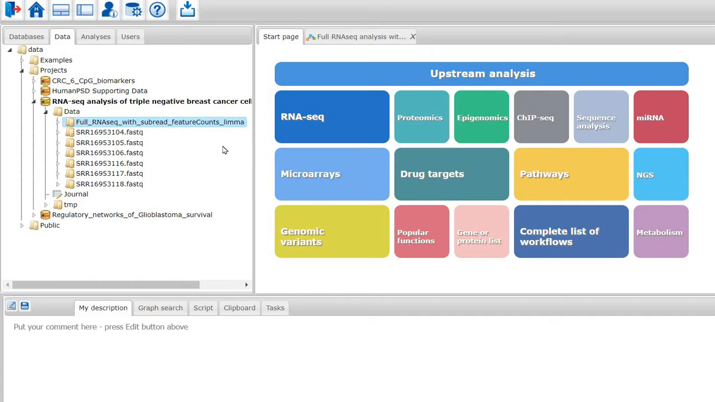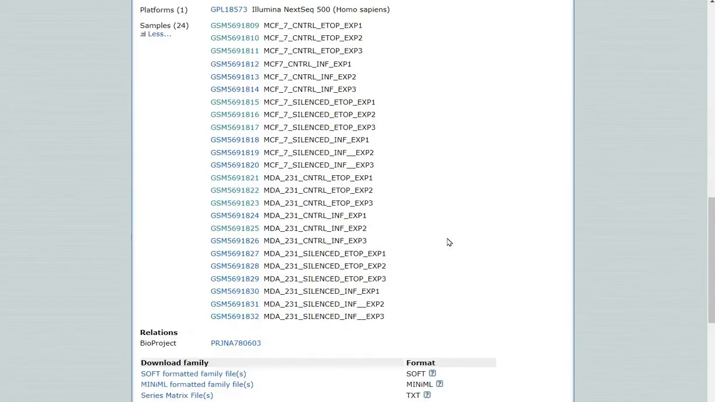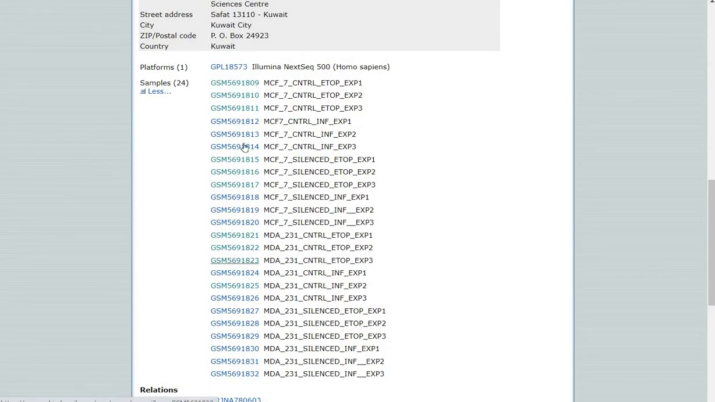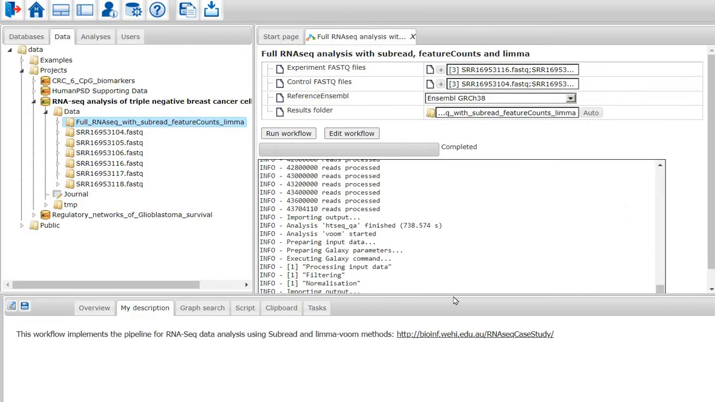Hello everyone. I am further analyzing the RNA-seq data to compare gene expression in breast cancer triple-negative cells MDA231 with gene expression in estrogen receptor-positive cells MCF7. In part 1 of this analysis, I uploaded FASTQ files from Gene Expression Omnibus GSE188914. Three FASTQ files from MDA231 and 3 from MCF7 were uploaded and submitted to the pre-existing workflow within the geneXplain